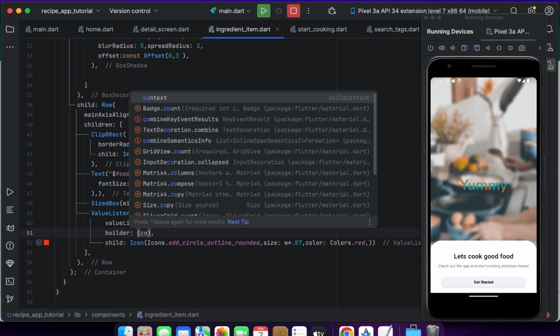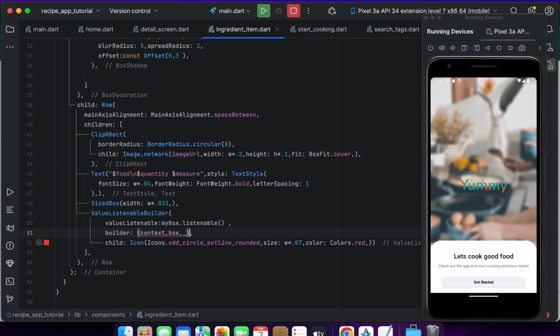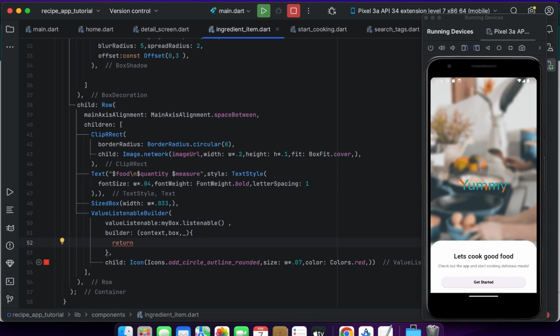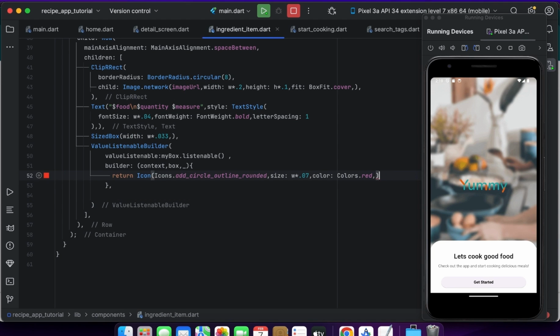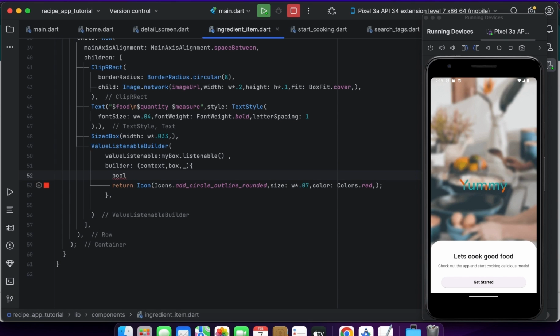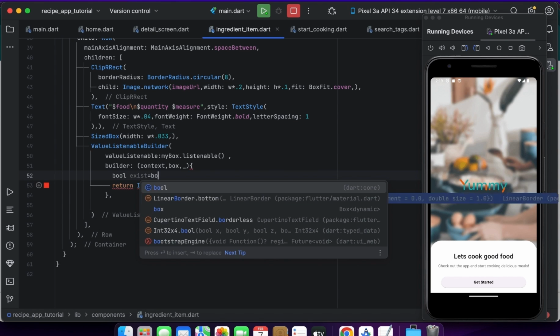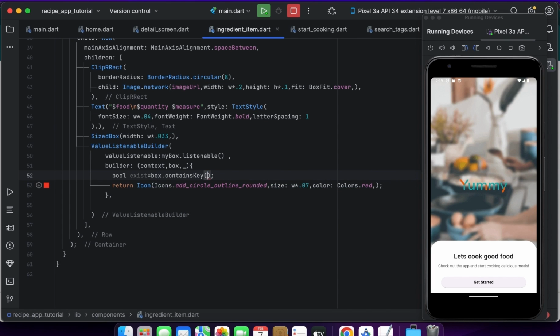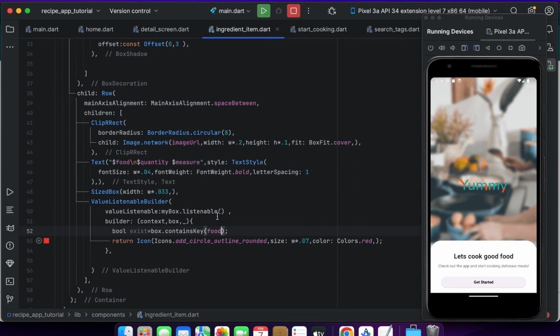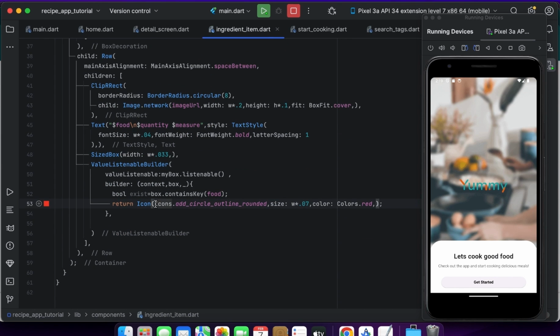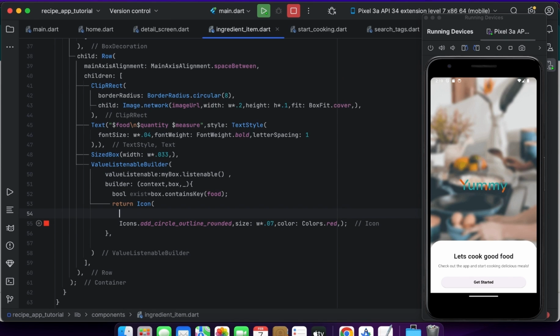अच्छा फूड के साथ हम एक की बनाएंगे। अगर ये की एग्जिस्ट करती है हमारे लोकल डेटाबेस में, तो हम यहाँ पे आइकन क्या शो करेंगे, आइकन्स डॉट डन। इफ एग्जिस्ट इज इक्वल टू ट्रू, देन शो द आइकन्स डॉट डन। इफ एग्जिस्ट इज इक्वल टू फॉल्स, आप इस तरह भी कर सकते हैं। If exist then return Icons.add, Icons.done. Okay, and color it to Colors.green, and size will be